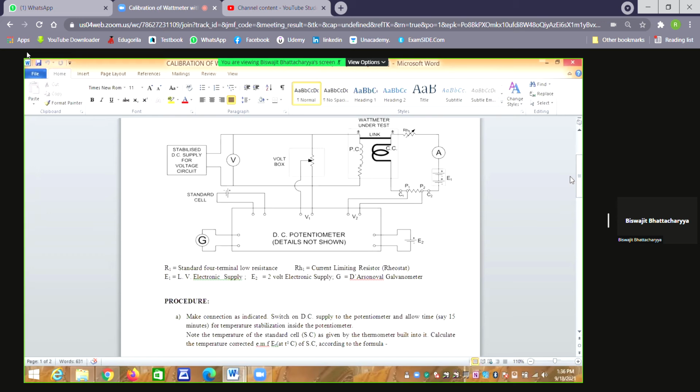That's why we should not rely on the performance of this electrostatic torque, and the instrument response may not be linearly related to the product of the two coil currents. That is the most important thing. Instrument deflection will not be linearly related to the product of the two coil currents. That's why you want to remove the potential difference between the two coils. How? By connecting a link. By connecting a link, the two coils will come to the same potential. So there will be two arrangements, with link and without link. Clear? Any doubt?